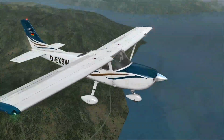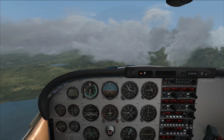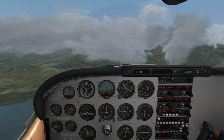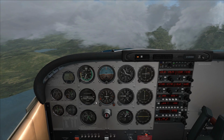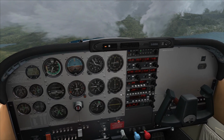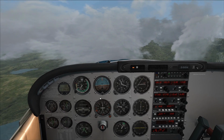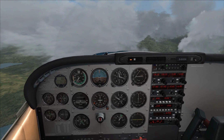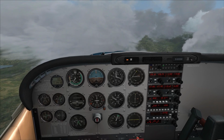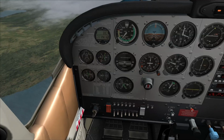Okay, now that we've had a go climbing, let's see what this thing will do in level flight. So bearing in mind, folks, we've got 4 passengers. Let's just trim for some stable flight. And let's just actually lean out my mixture as well. If you remember in the video Scott did, he was talking about low RPM, high power situations. Let's just bring back my RPM to about 2100, and you can see